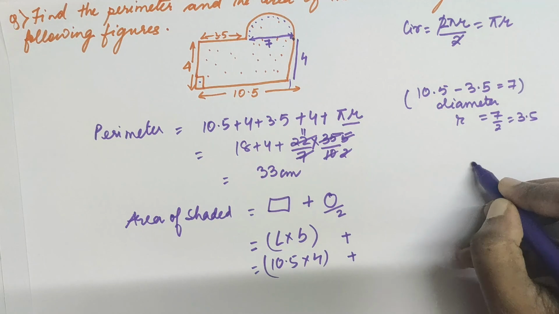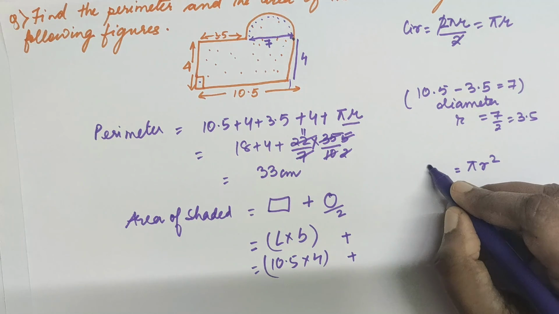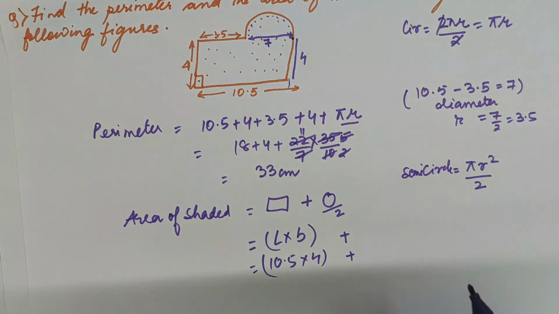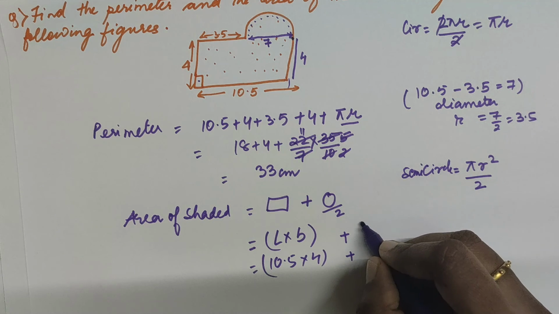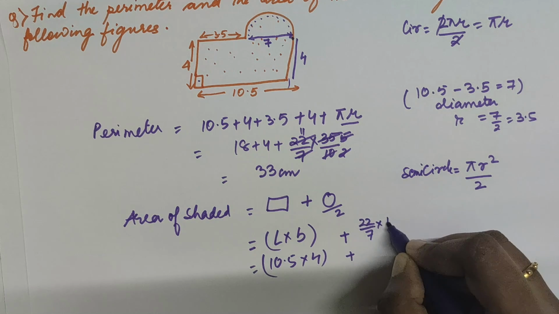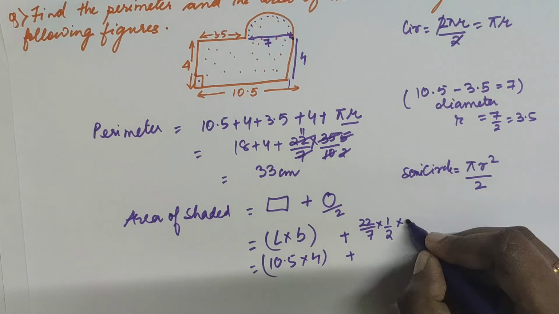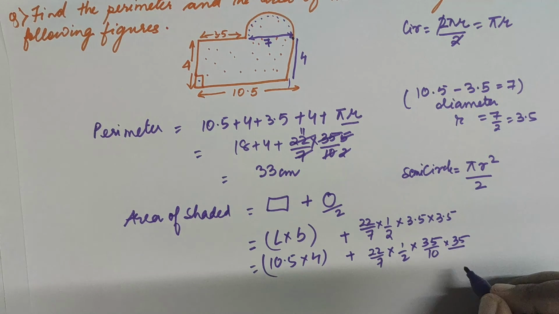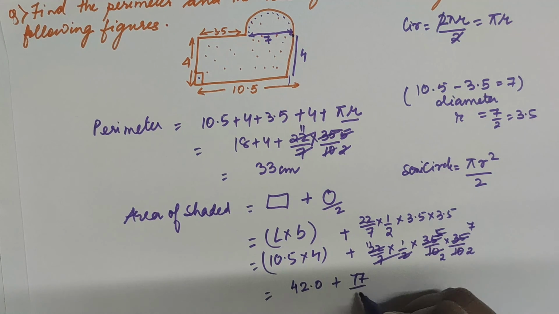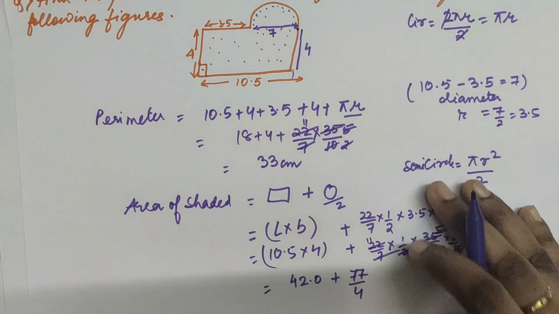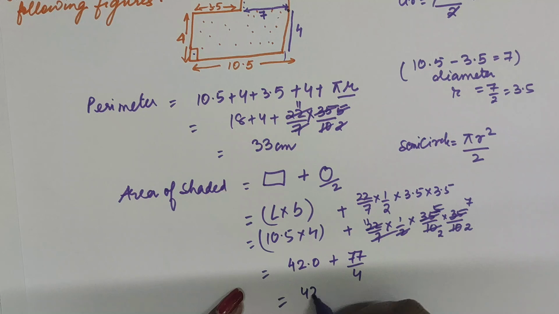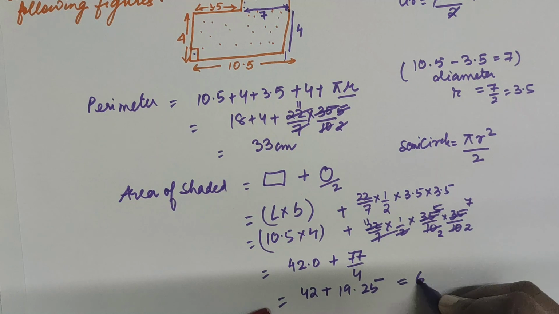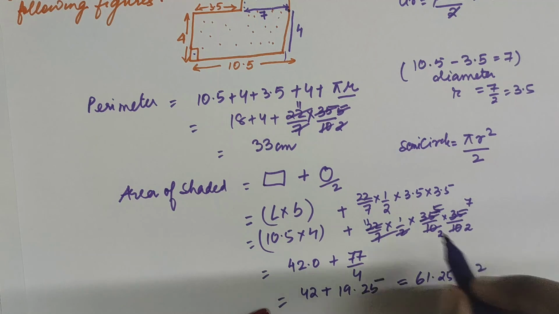It will be, again, as I told you, you know pi r square is the area of the normal circle. So now we are talking about semicircle. When we talk about semicircle, just divide it by 2 because we only need half of it. So that's again 22 by 7 into 1 by 2 just for the half, and radius is 3.5 into 3.5. So I'm just writing it 35 by 10. You can directly solve the point ones also, children. So around 77 by 4 and 42. That's equal to 42 plus around 19.25, which is equal to 61.25 centimeter square, which is the area of this region.